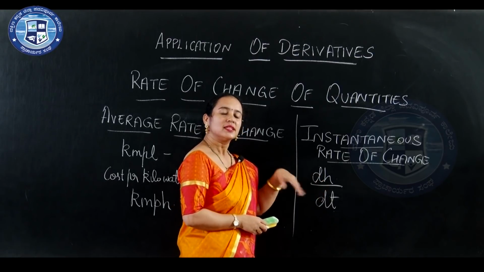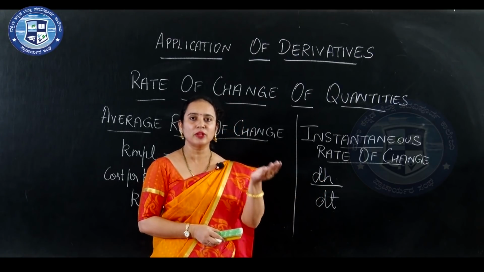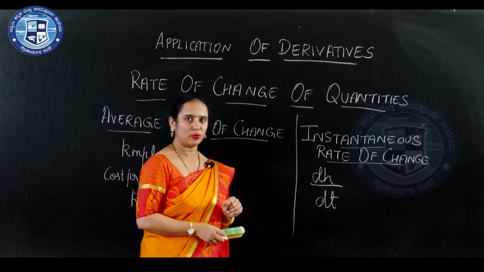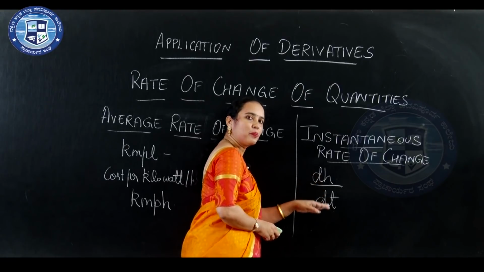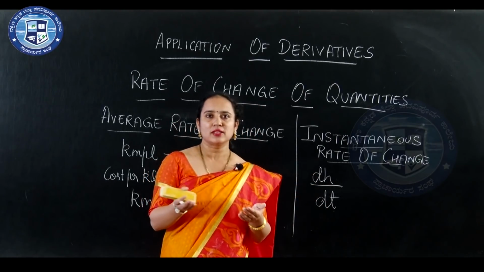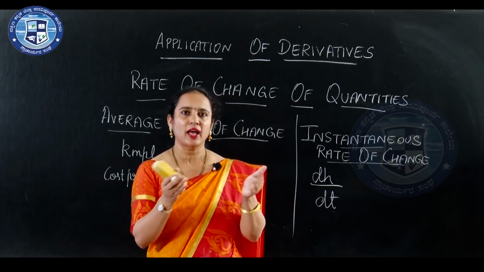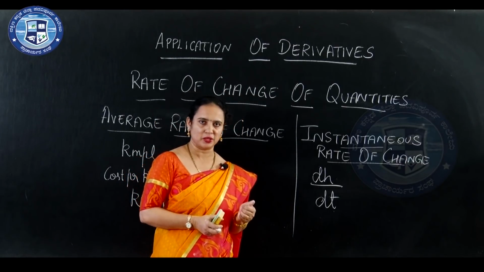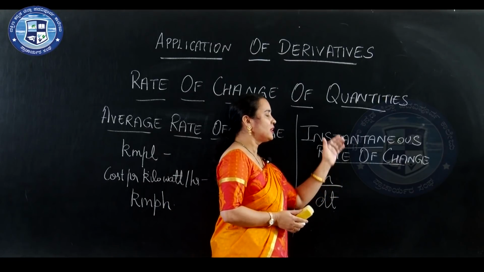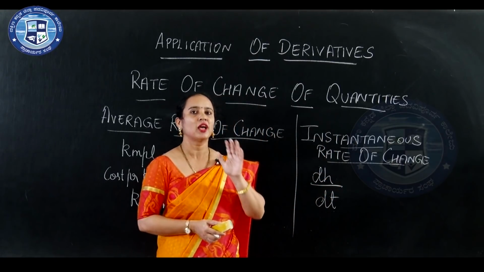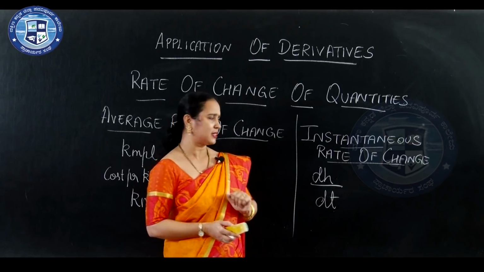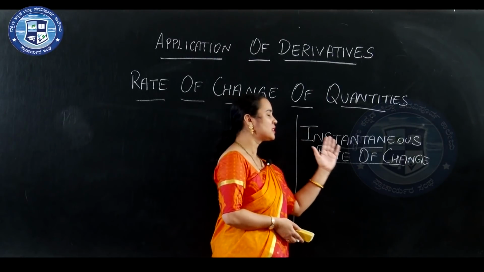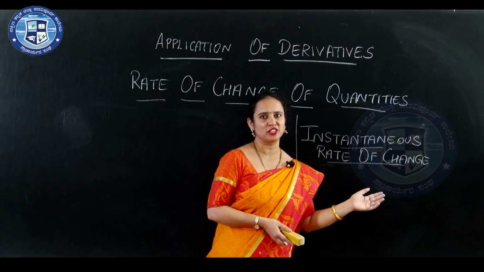So, there is a change in height with respect to the time. This height is a dependent variable. It depends on the time, and dt, time is independent variable. So, height depends on the time. If I have to ask you what is the change in height at one particular interval, so you can easily measure it. So, instantaneous rate of change is the change at that particular instant. In application of derivatives, we generally use instantaneous rate of change.